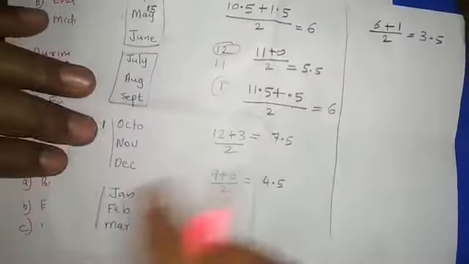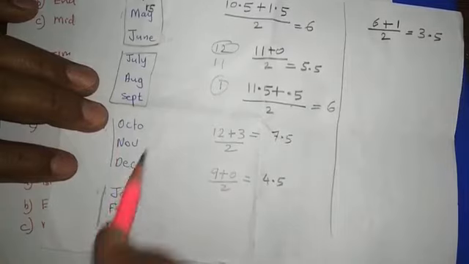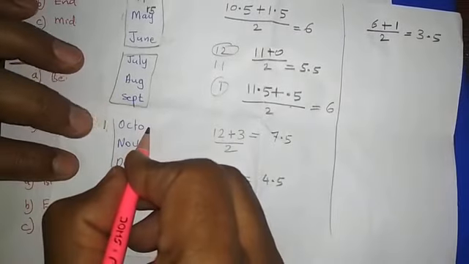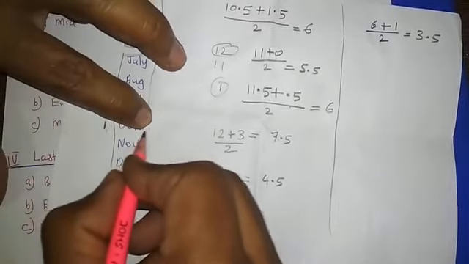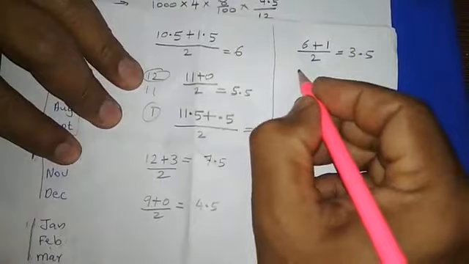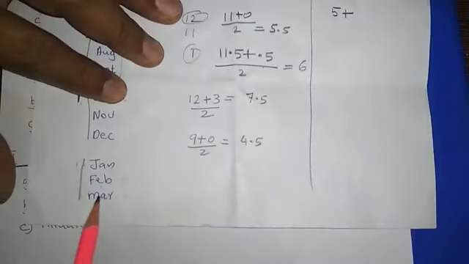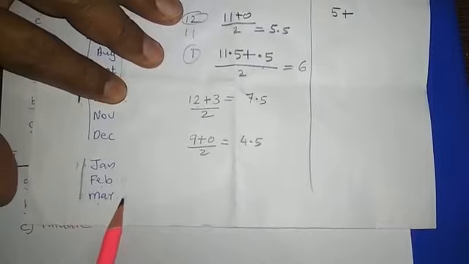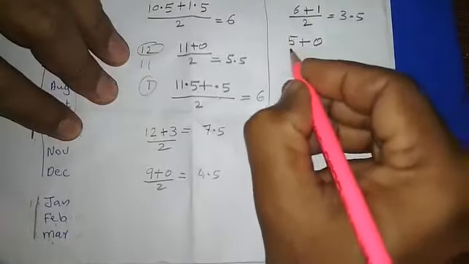Here it is clear, in the last 6 months only the drawings, and that will be at the end of every month. So October last we are making the drawings. This month also completed. Now how many months are remaining? 5 months are remaining, plus the last drawing will be on March 31st. March 31st to March 31st, 0. Remaining months will be 0.